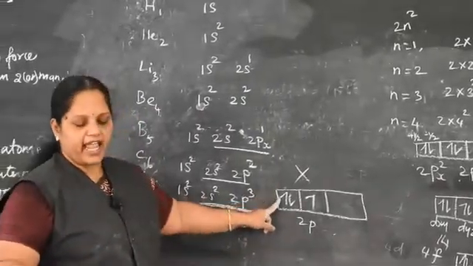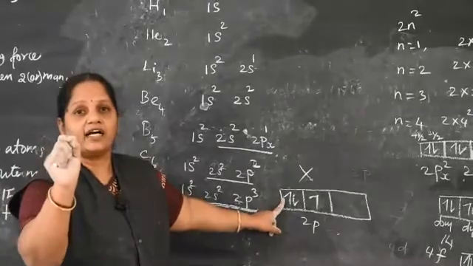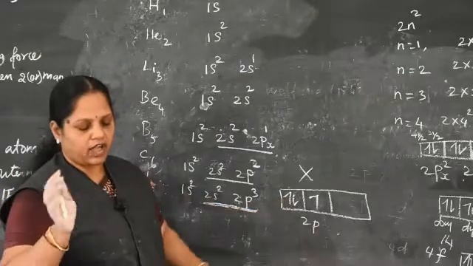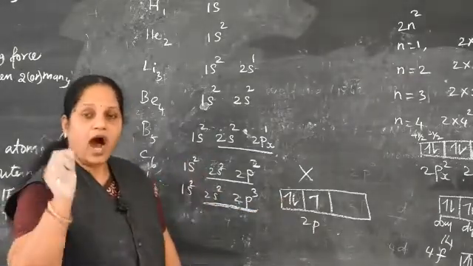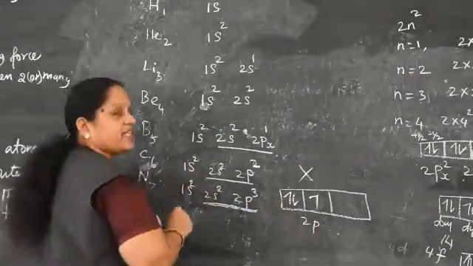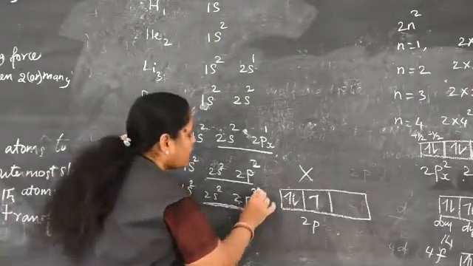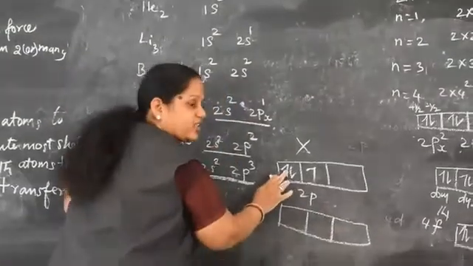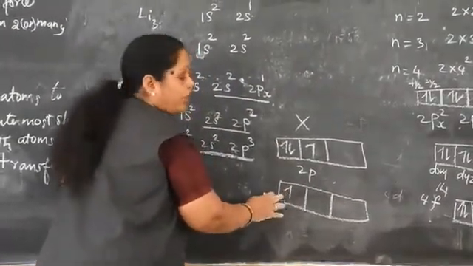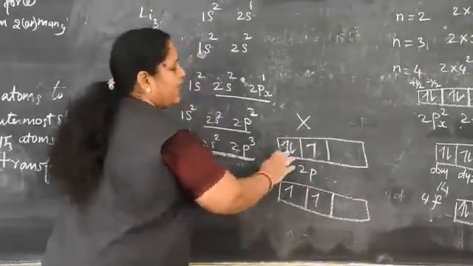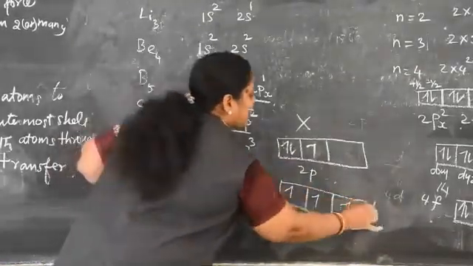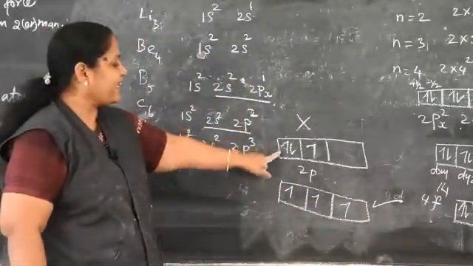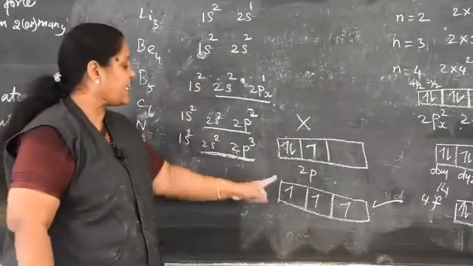that I already informed you, no pairing occurs. That word is very important. No pairing occurs until all orbitals of a given subshell are half filled. Don't write it like this. How will you write it? What is the meaning of half filled? First you enter one electron in this room, another electron in this room, the next electron in this room. This is the right one, this is the wrong one. Don't enter 2 electrons; minimum 1 electron in each orbital.